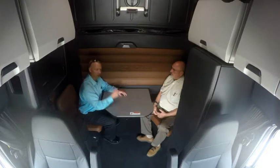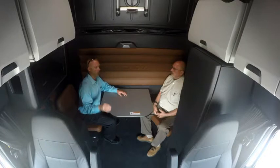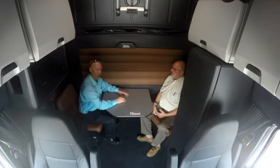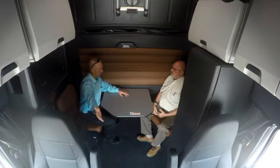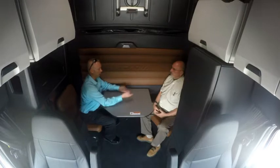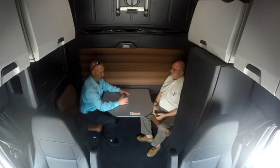Again, connectivity. You have the engine talking to the transmission. Those components are talking to the driver. They're talking to the service manager back at the shop. You also connect that with your Zonar tablet. The tablet can be brought back here. The driver can sit down, update his logs, do what he has to do. You also have your